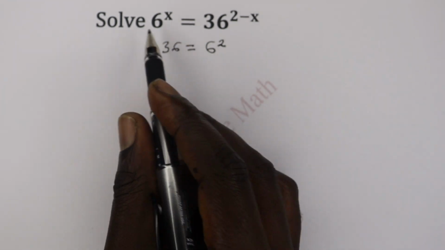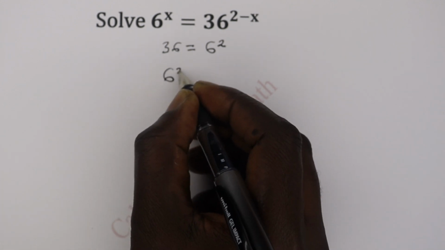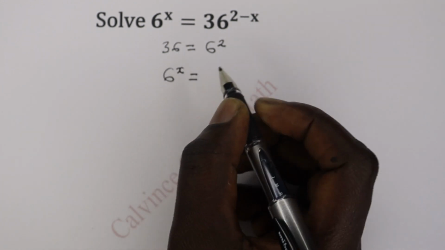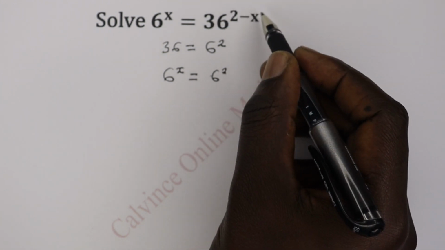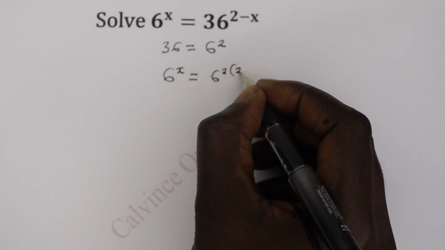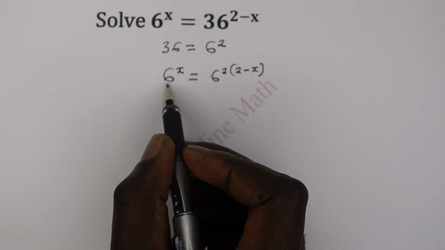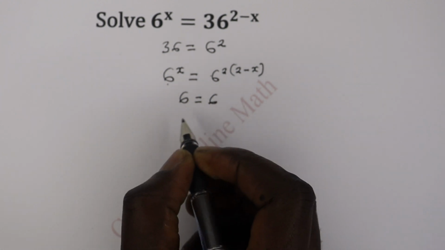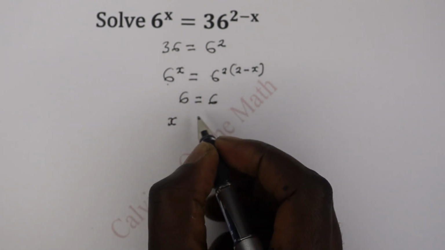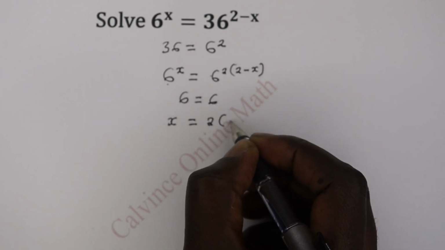So if that is the case, it means therefore that the equation that we have is 6 raised to power x is equal to 6 raised to power 2, but remember it was raised to power 2 minus x, so we have 2 times (2 minus x), and then the bases are the same, that is 6 is equal to 6. So it therefore means that the powers must also be the same, so that x is equal to 2 times